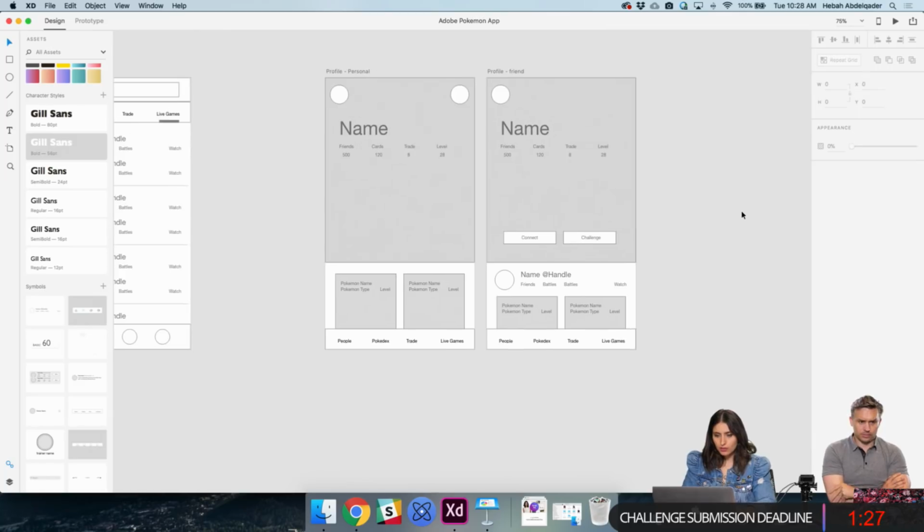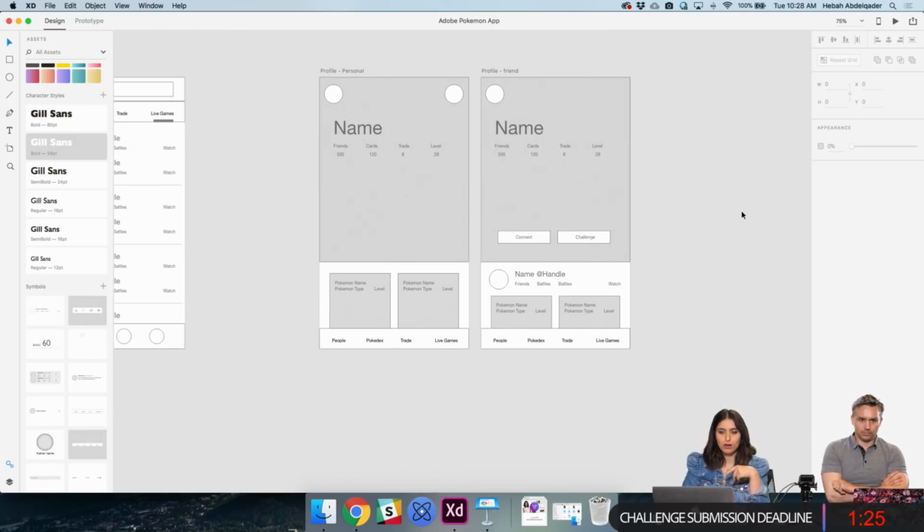Cool. So now we have the different profiles. One is your personal, and one is for a friend that you can take a look at. And then the different views: if they are your friend, what does it look like? If they're not your friend, what does it look like? If they are on your team, what does it look like? What are some of the things that you can see and not see on that page itself? Basically, that's about it for this.